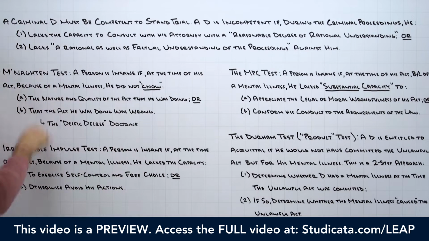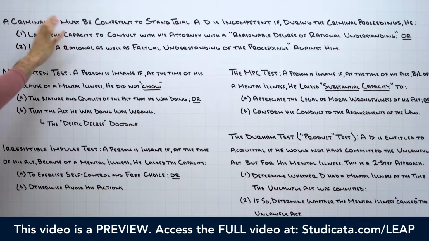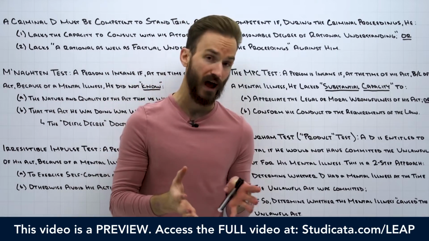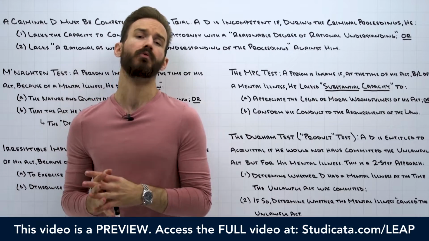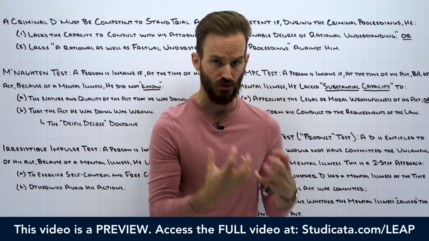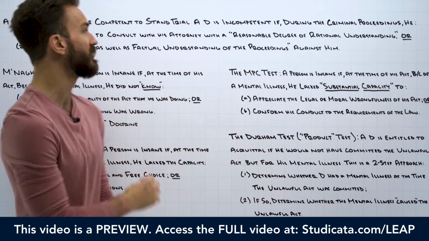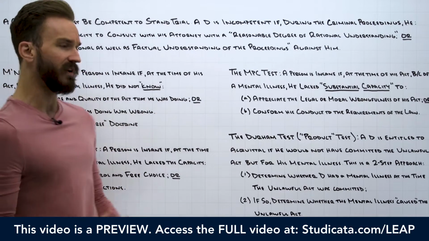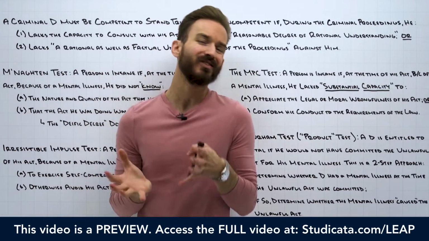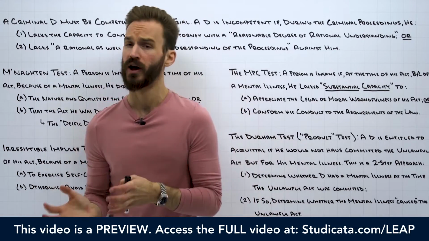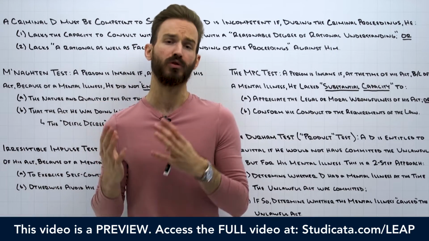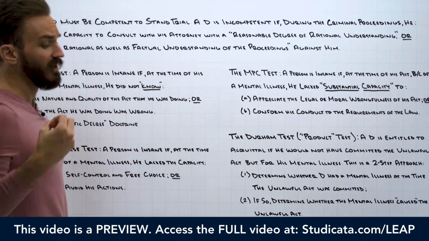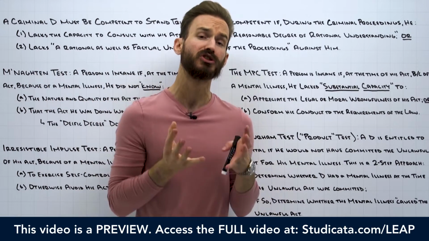Right, so first off, the major difference here is that the competency to stand trial issue is going to be determined by the judge, right? It's a question of law that will be determined before we even get to a trial. Right, the issue here is whether the defendant is even competent to stand trial. Can we even subject this defendant to a criminal trial? Right, and this is a question of law that's going to be decided by the judge before we can even have a criminal trial. The not guilty by reason of insanity defense, of course, is an affirmative defense that's asserted